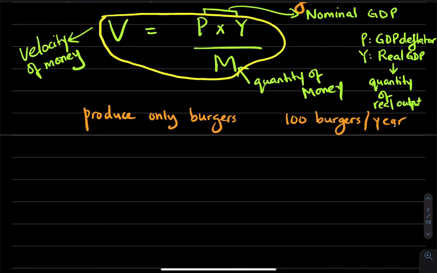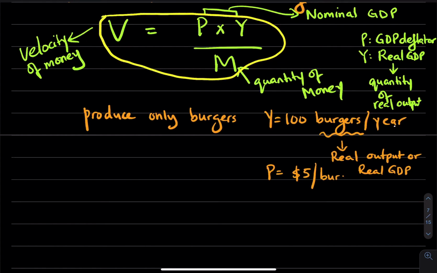So this is really our real output, because this is measured not in monetary terms, but in physical units. So we're saying this is our real output or real GDP. So we can say Y equals 100 burgers per year, if that's what we're producing. And let's say a burger costs $5. So the price level is $5. And let's assume that money supply in the economy is fixed at